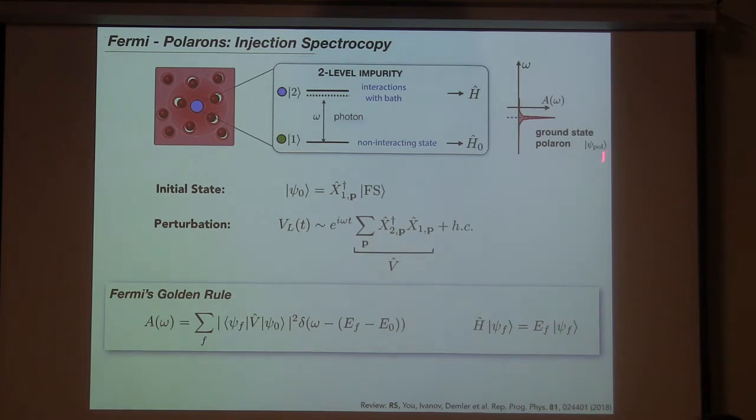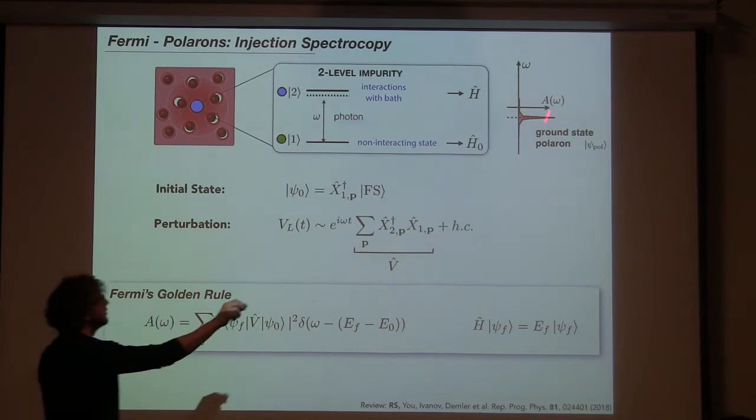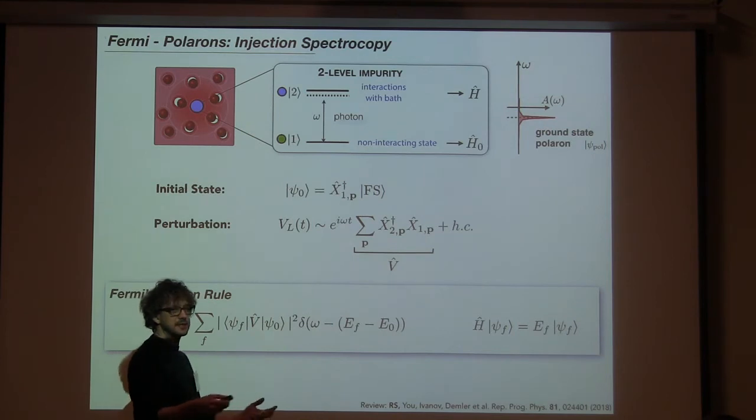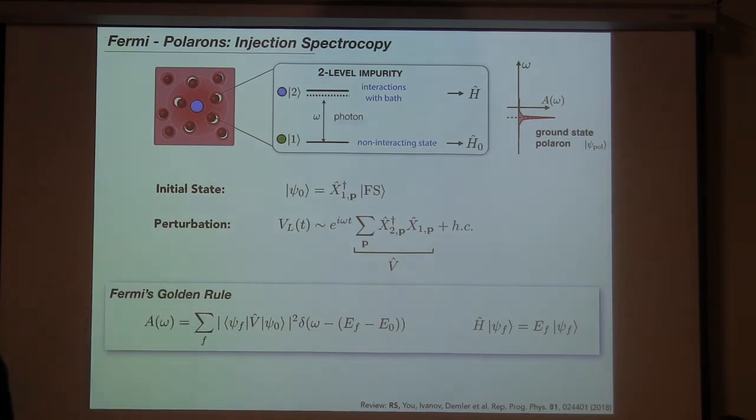If you hit the polaron state, this is an approximation. If we were really good, we would have calculated the exact wave function, which would have been an eigenstate of H. We would pick up a delta function when we hit exactly this energy, with the weight or height given by the Z factor. But there are, of course, many more possible final states of this Hamiltonian.